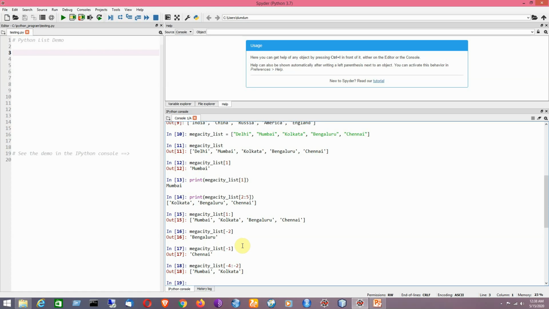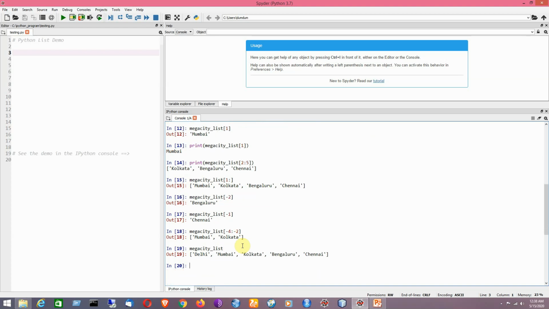Now I would like to change an element of a list. Say for example, I have this list at present. Now suppose I would like to change the element which is at position 3. How can you do it?